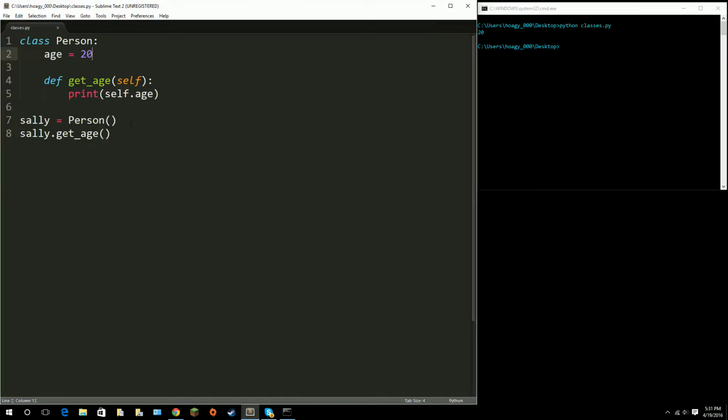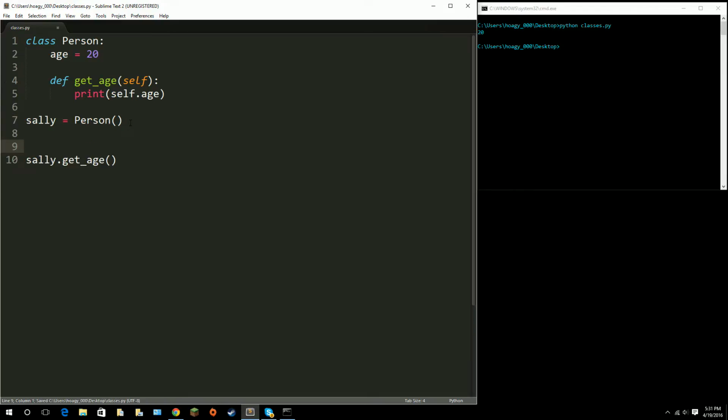So now another thing we can do is we can have more than one object of the same class. So I'm just going to separate that right there. So let's say we're going to have another person. We'll call him Jim, and he's also going to be a person. So now we have Sally is a person and Jim is a person. Now I also want to get Jim's age, so